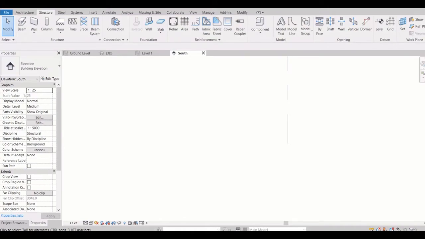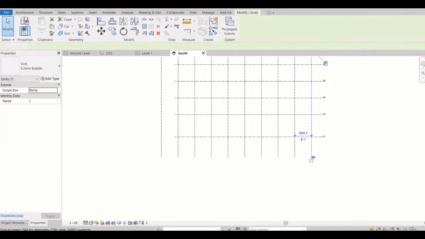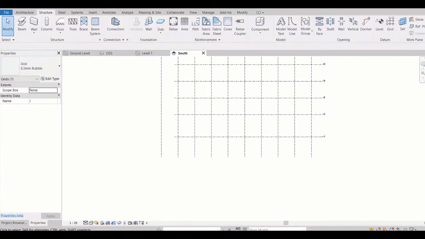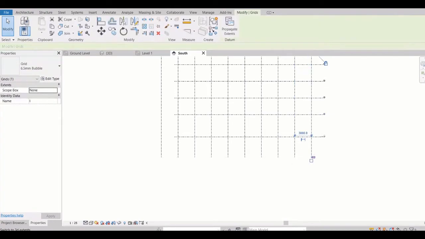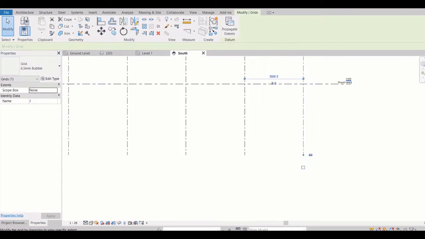When I move it, you can see it changes with all, because every grid is locked. If I unlock, then I can extend one grid wherever I want.